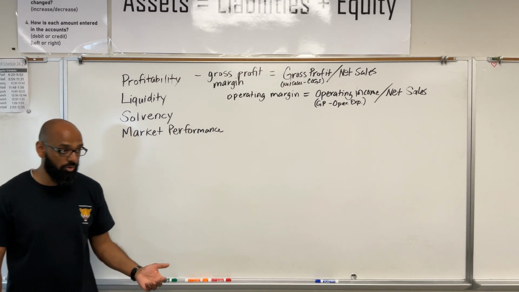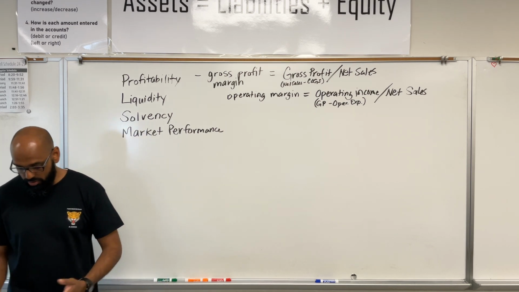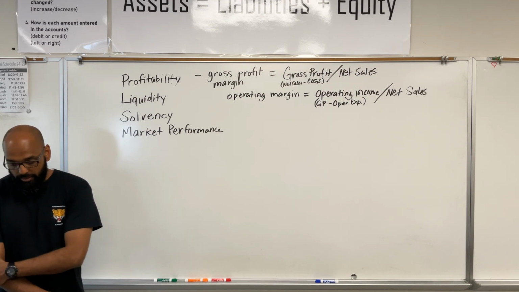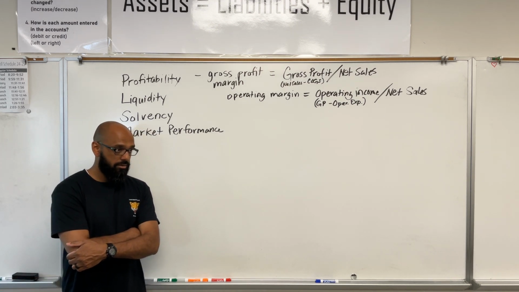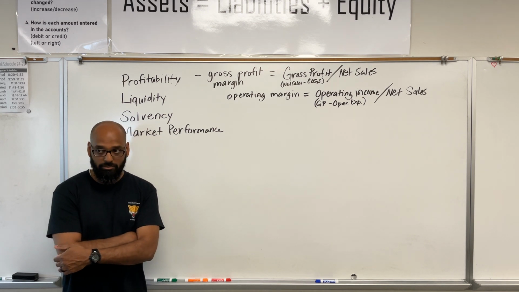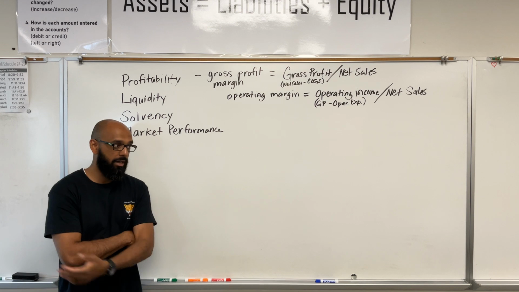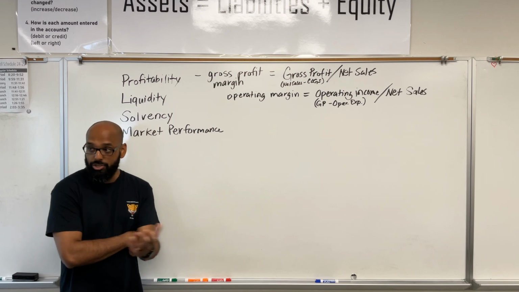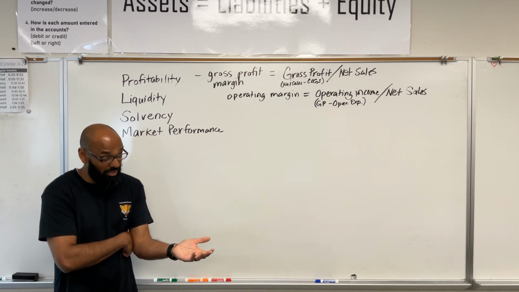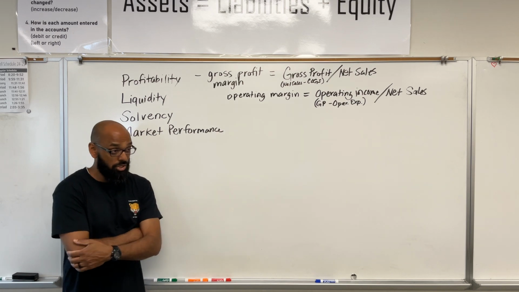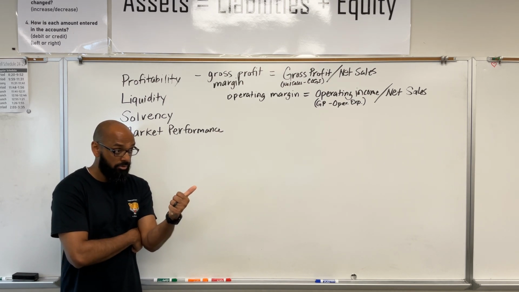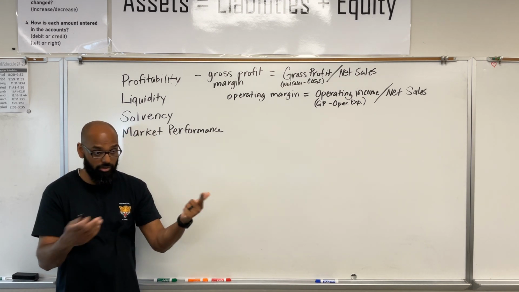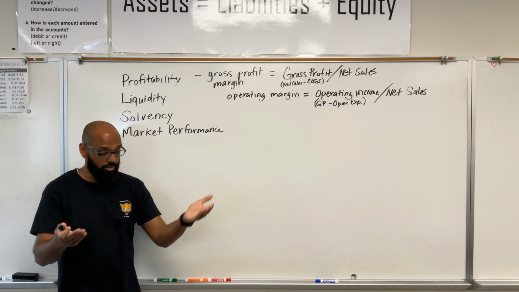And then if it's not meeting those, then what do you need to change, or what do you need to do differently to get it to where you want to be? Don't wait for it to fix itself, right? If your margins aren't where you think they should be, take action, do something about it. Either find vendors that'll sell you stuff at a lower cost, or raise your prices. I mean, those are primarily the two things that you're able to do to change your gross margin. You can either find cheaper vendors, or you can raise the price to your consumers. That's how you're going to manipulate your gross margin, right?